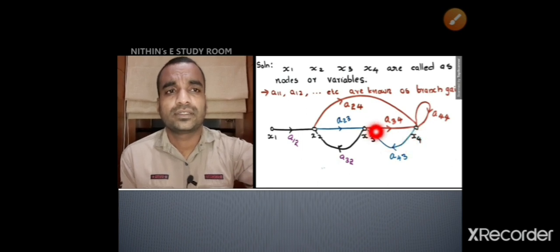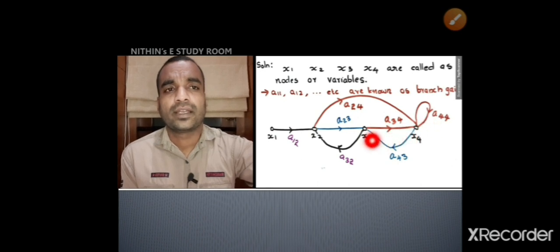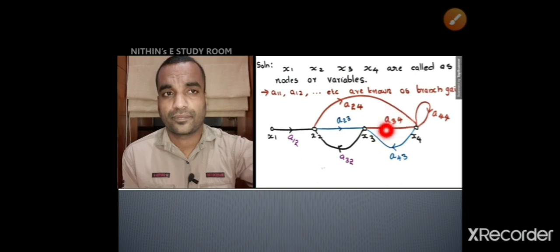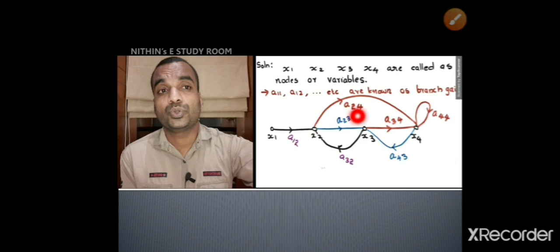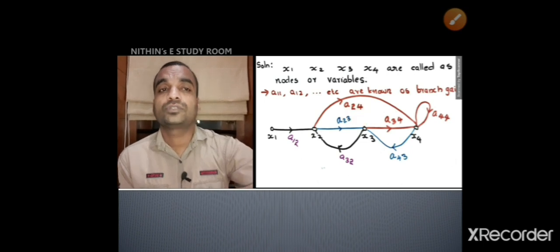First one is from x3 to x4, that is x3 into a34, and there is one more arrow mark coming from x2 and the gain of that path is a24. a24 means the gain of the path between node 2 and node 4. So x2 into a24, and also there is